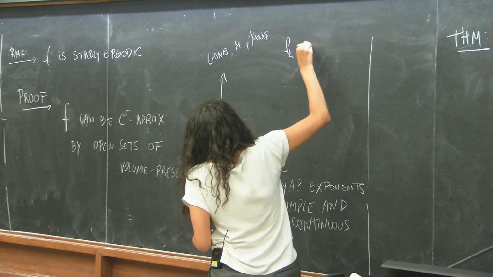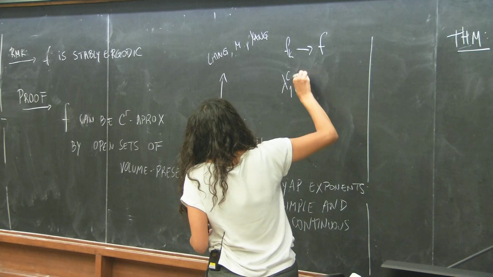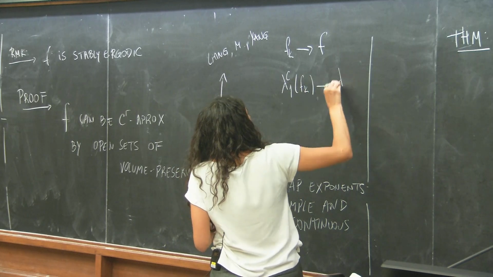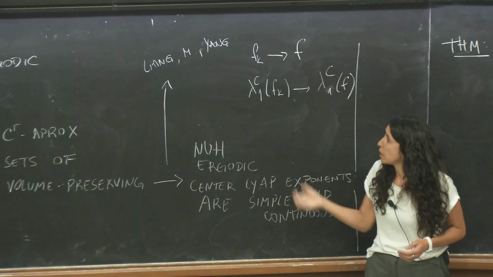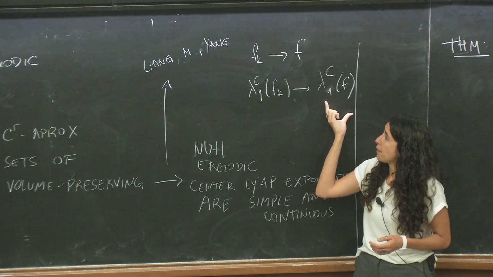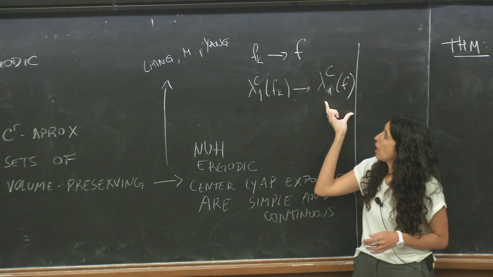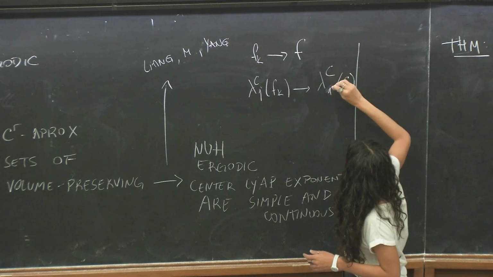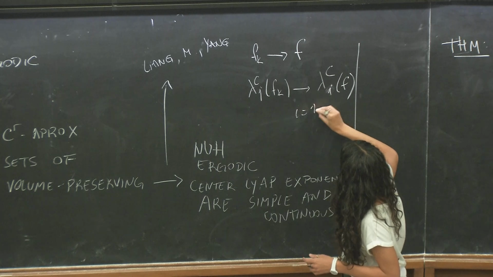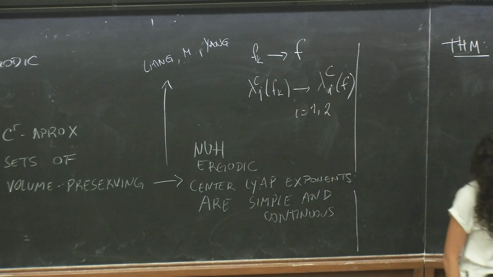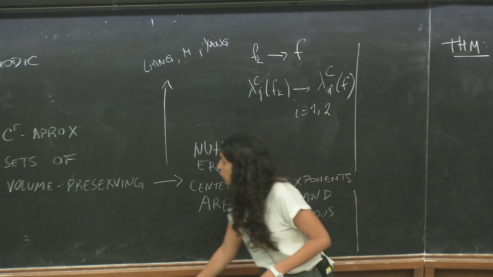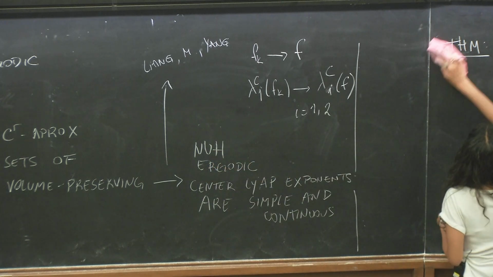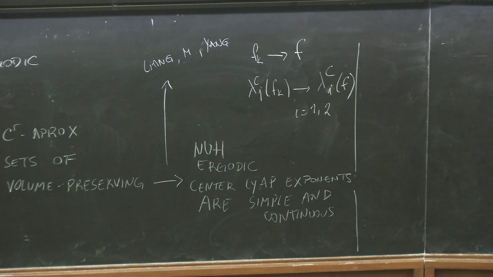I have a sequence, and I have both of them being continuous. I'm in the ergodic setting, so the Lyapunov exponent is not going to depend on the point, and the measure is the same because it's volume, which is fixed. I'm saying this for the two center Lyapunov exponents. Okay? And now I want to apply the criterion to this open set. And as I already mentioned to you,